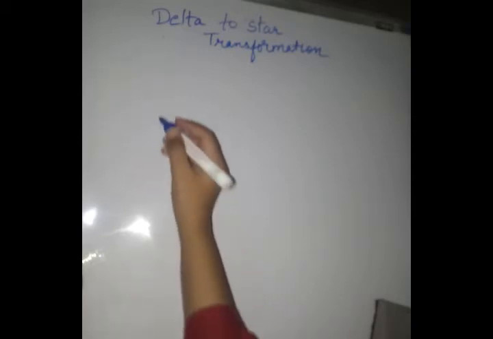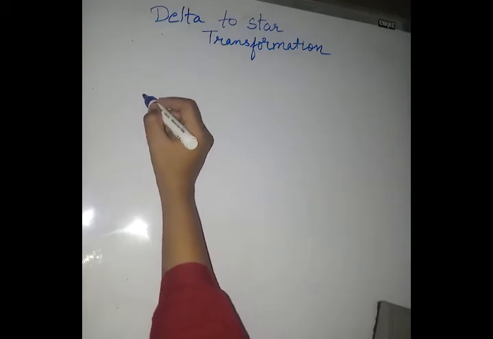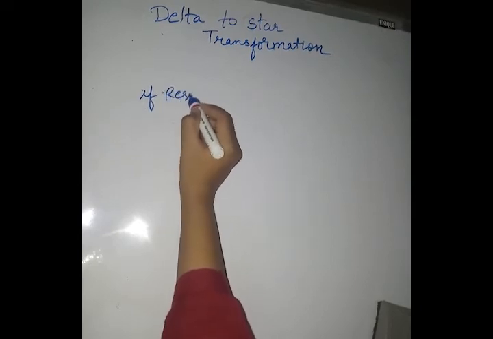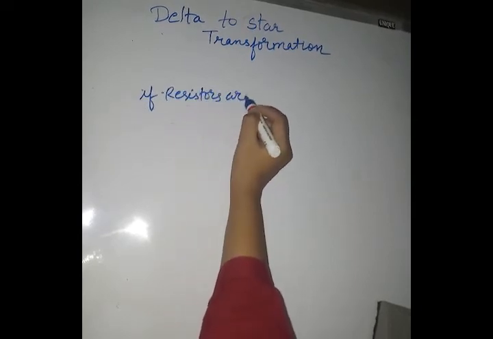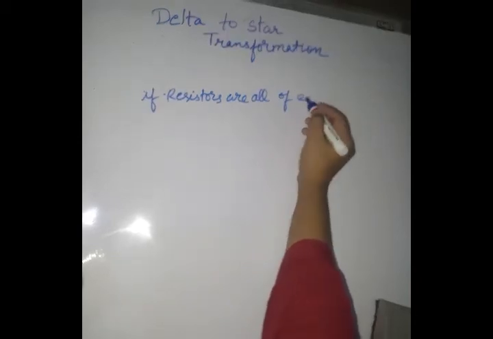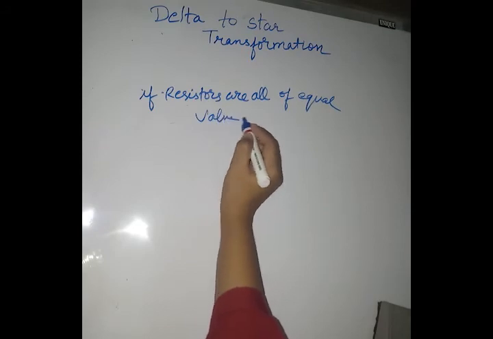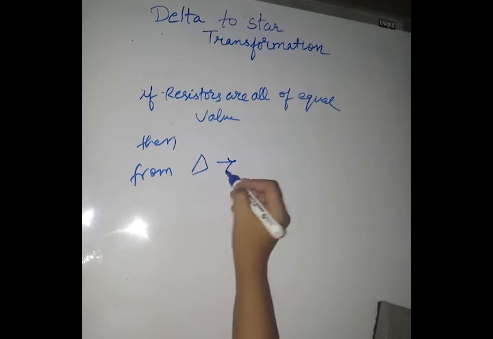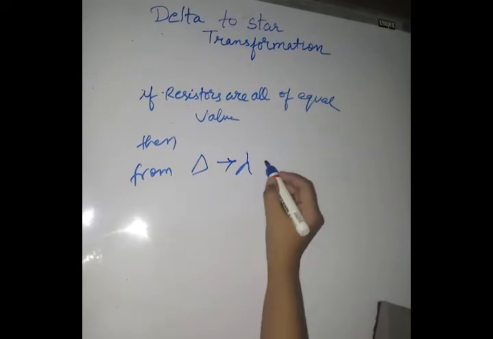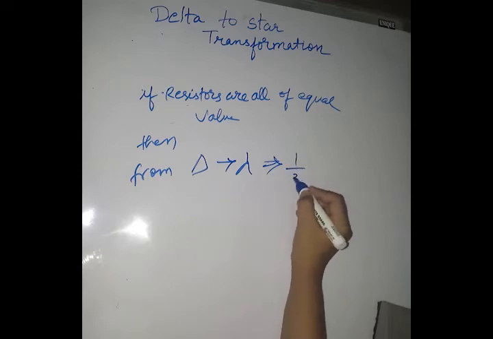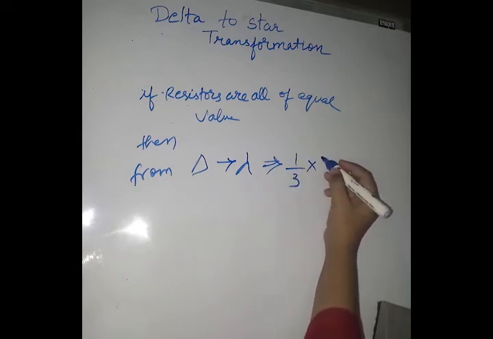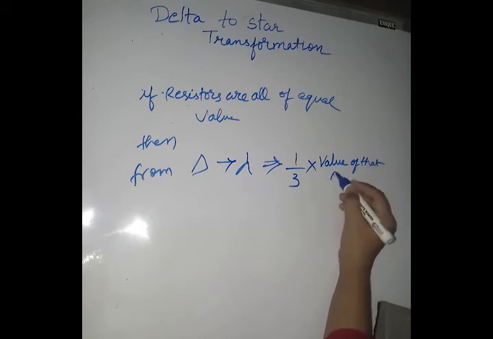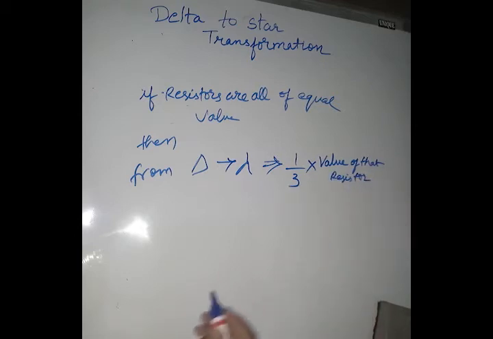And there is one more point I want to tell you: if all the resistors are of equal value, then from delta to star connection, the formula will reduce to 1 by 3 into the value of that resistor. Right? If you are getting my point,